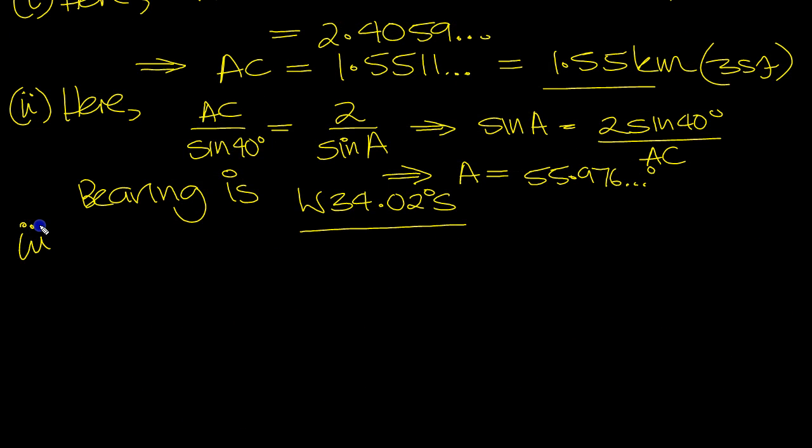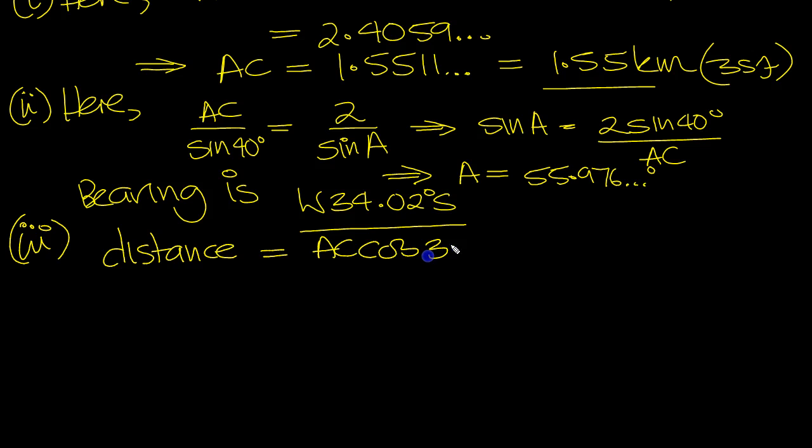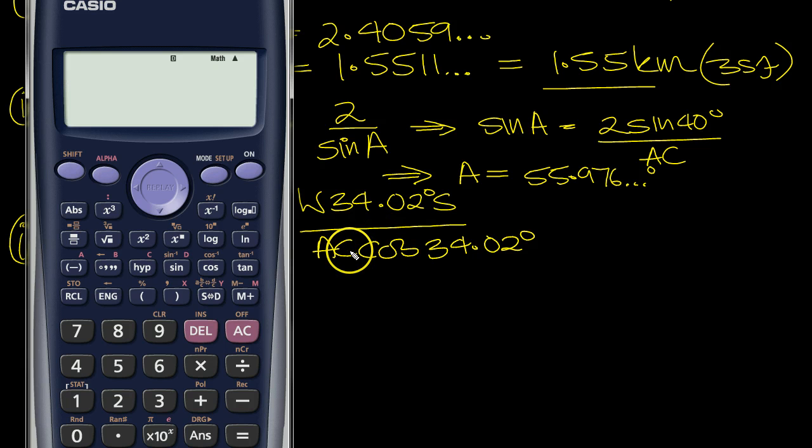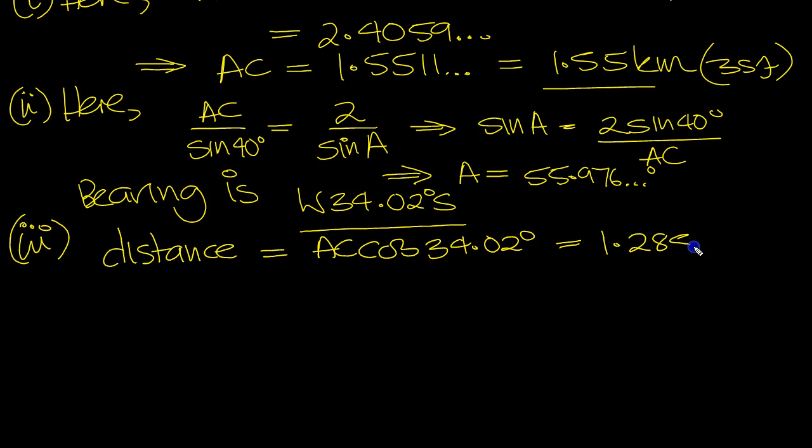So part 3, the distance is equal to AC cosine this 34, wasn't it? And that was what we had in the answer. Okay, cancel that. So what have we got then? AC, which is 1.5511, times cos 34.02, close bracket, equals 1.2856, and so on, which equals 1.29